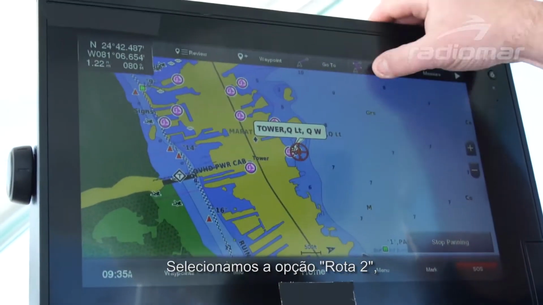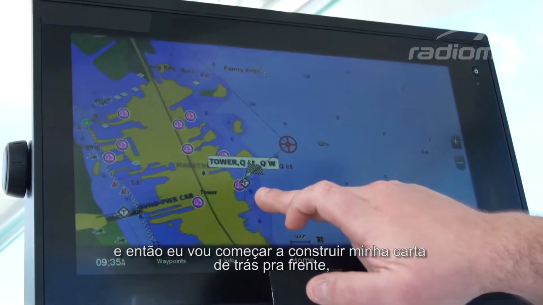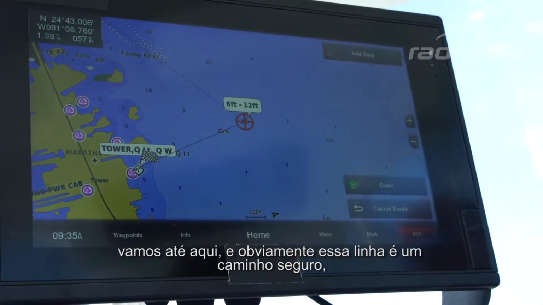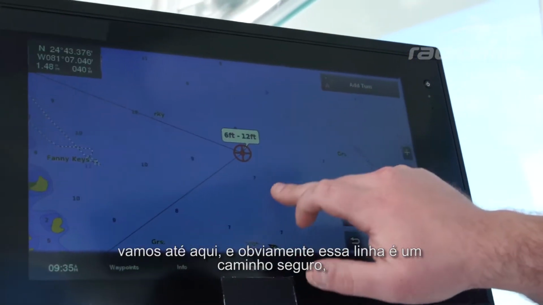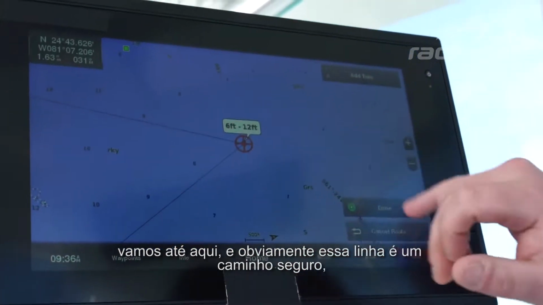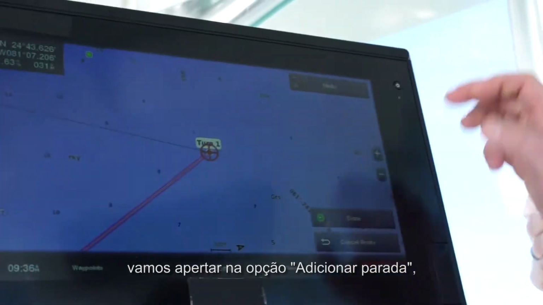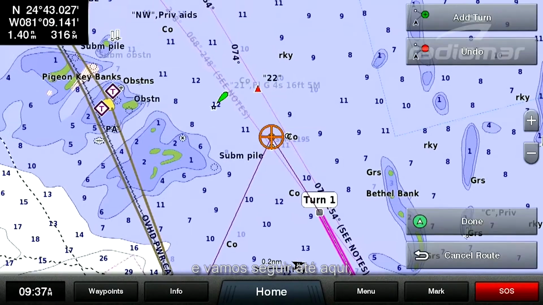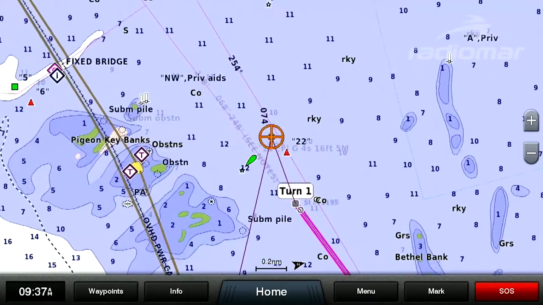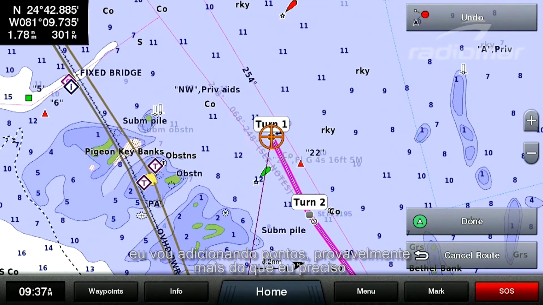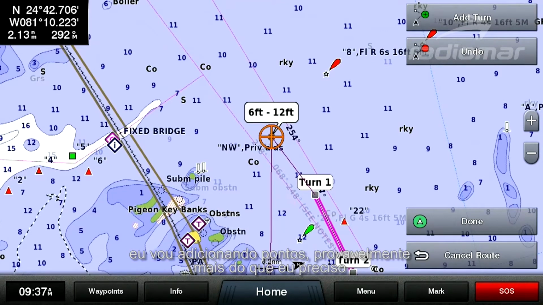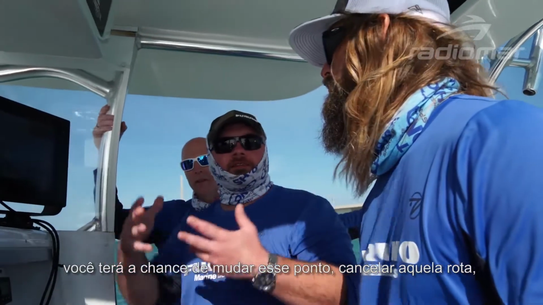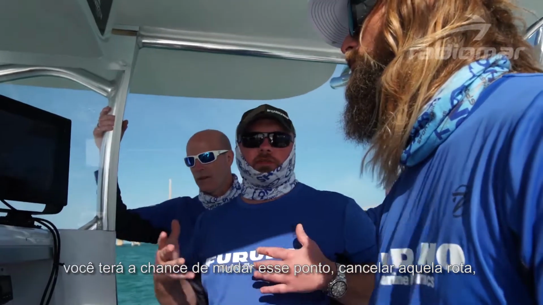And we're going to click Route 2, and I'm going to start building our chart backwards. So we're going to go right here, and obviously this line here is a safe channel. We'll go to Add Turn. We're going to follow this right here. And as you can see, I'm probably putting more points in than I need, because obviously along the route you have the ability to change that point, cancel that route,